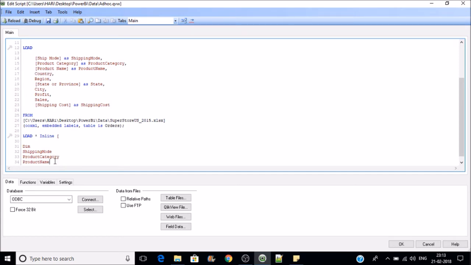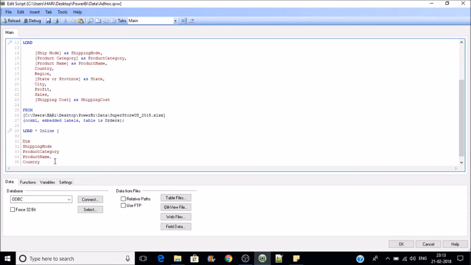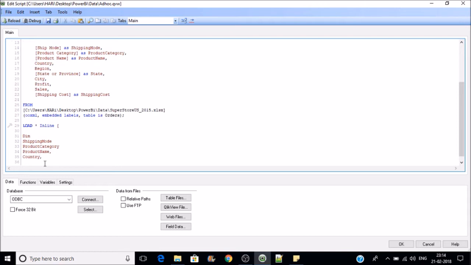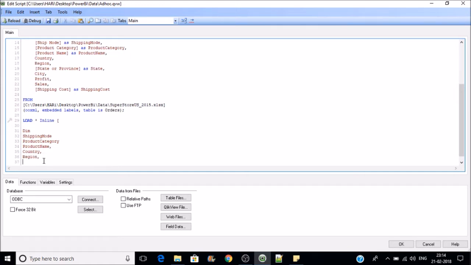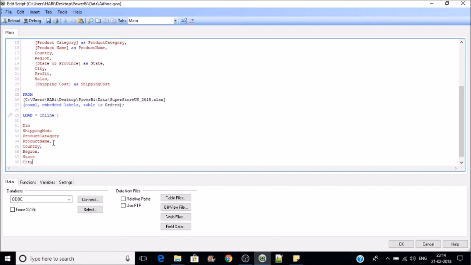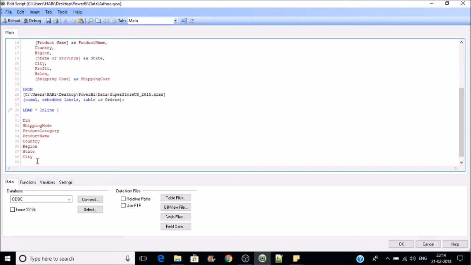So I'll be listing down the dimensions: country, region, state, city. No need of a comma, it's just going to be an inline table. So these are the values under the field dimension. Let's close the inline table. I'll give a name for this table as dimensions,